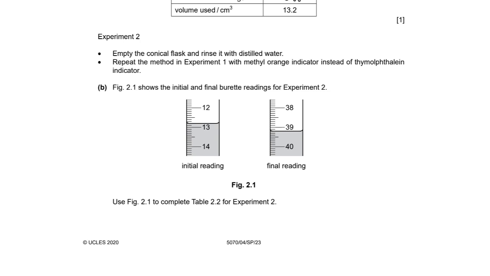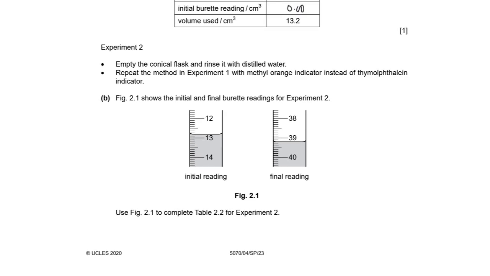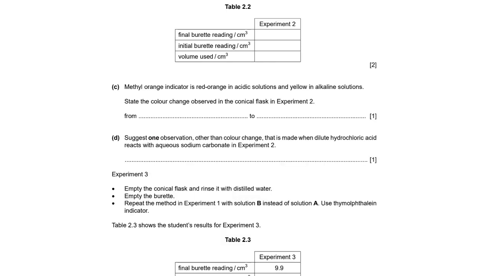So we use figure 2.1 to complete the table for experiment 2. So I'm just writing down the reading because when I go to the next page, you'll not be able to see this. This is 12.8. Initial reading is 12.8 and final reading is 39.2. So we wrote the values. The initial reading, the value was 12.8, and for the final reading, the value was 39.2. And what is the volume used? You'll simply subtract both of these values and you'll get